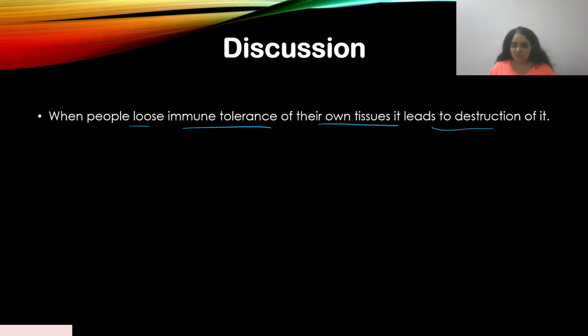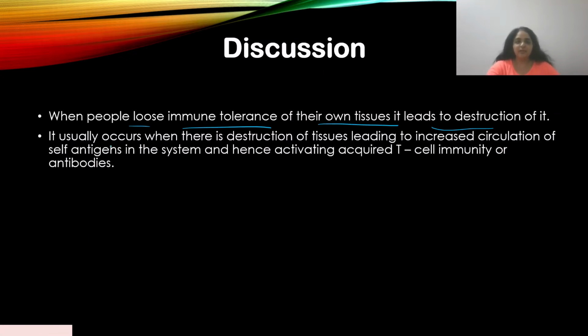So when the T cells lose their immune tolerance, they begin to attack their own tissues, leading to destruction of it. It usually occurs when there's destruction of tissues, leading to increased circulation of self-antigens in the system, and hence activating acquired T-cell immunity or antibodies. So usually it occurs, not all the time. This is only one of the conditions, where there's destruction of tissues leading to increased circulation of self-antigens that are present. This is one particular condition in which it can occur, and hence they activate the T cells